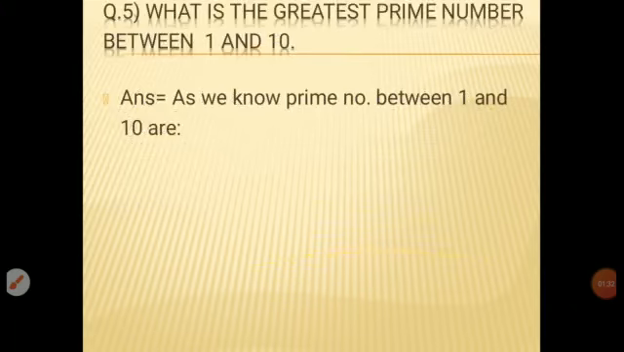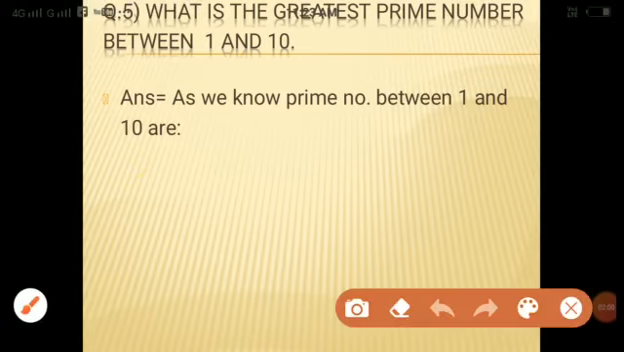Now question number 5 is, what is the greatest prime number between 1 and 10? So we can say here, prime numbers between 1 and 10. And what is a prime number? A prime number means a number having exactly two factors. So see here,